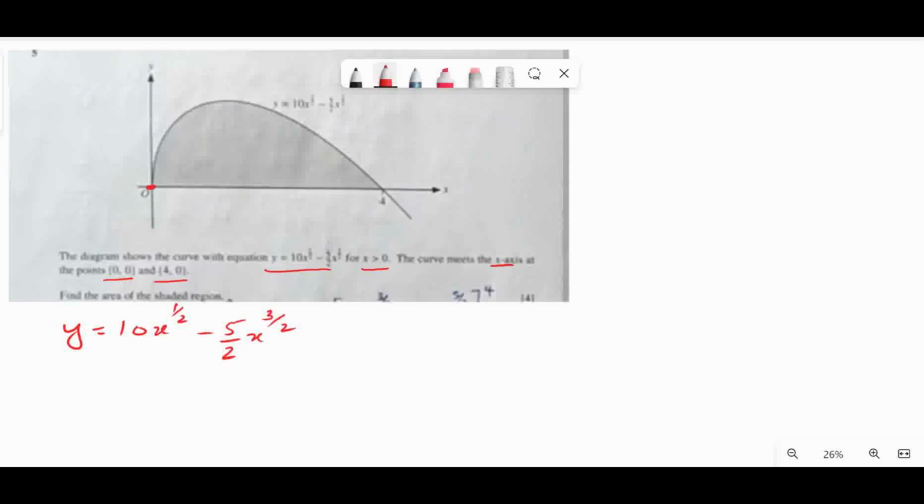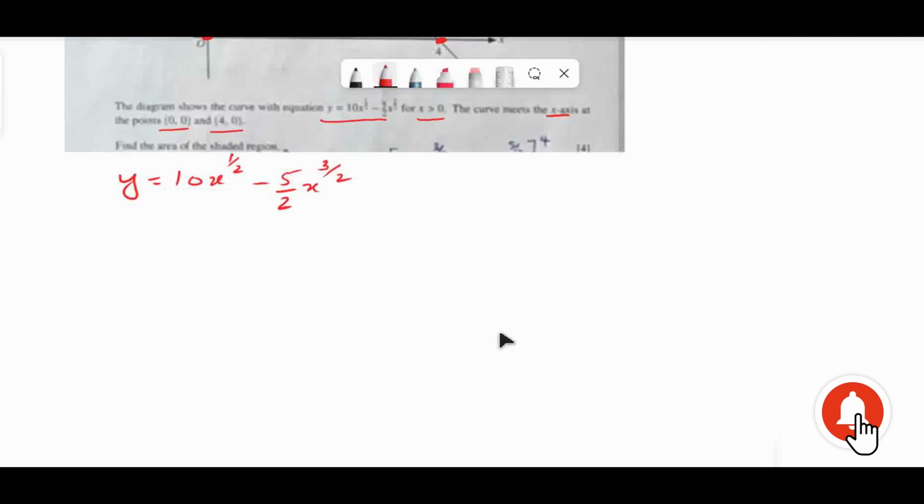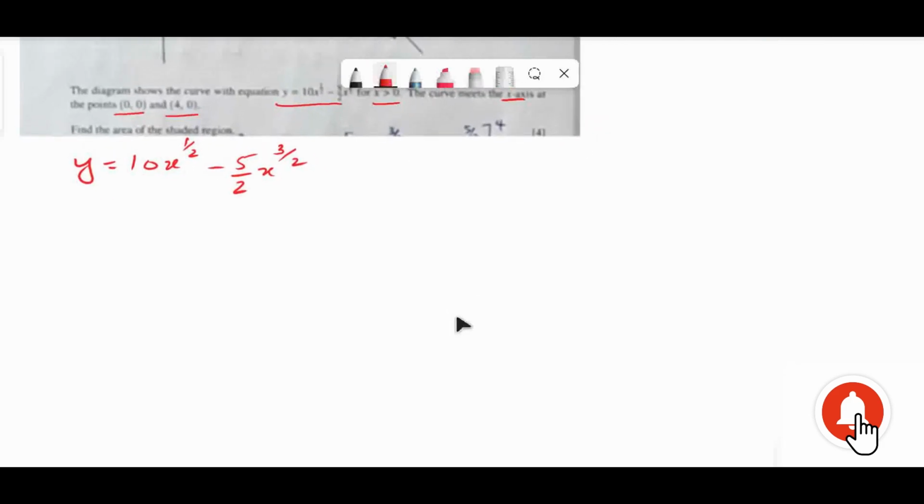Now we know that we have to find the area of this shaded region. This is another very simple question. We know how to find the area. To find the area, we simply have to integrate. How can we integrate it? Let's take the integral on both sides. So we can write the area